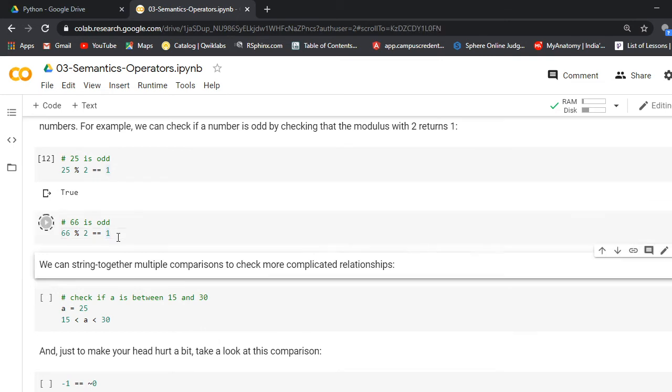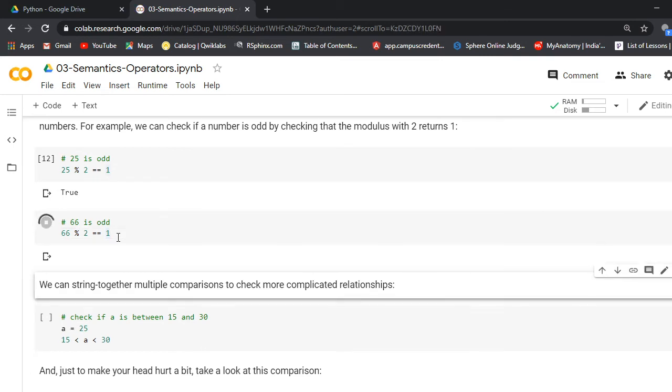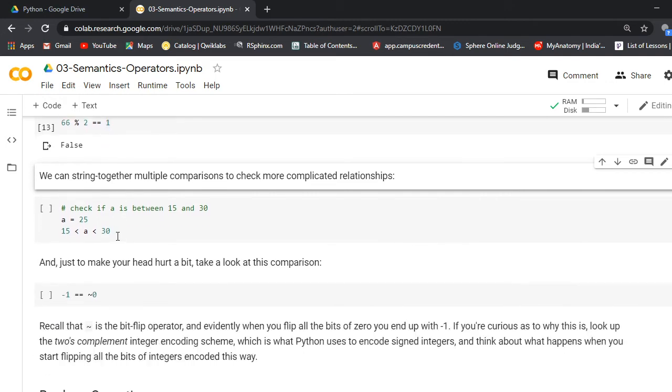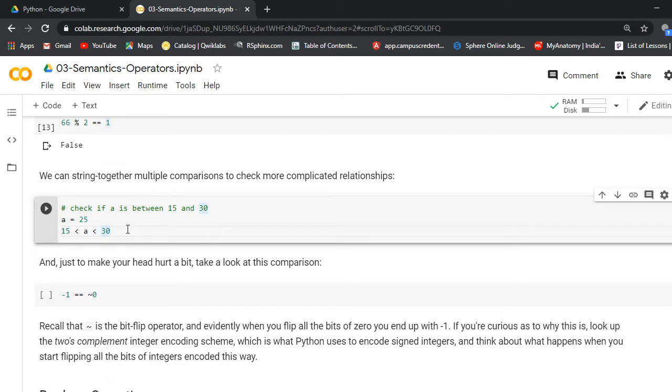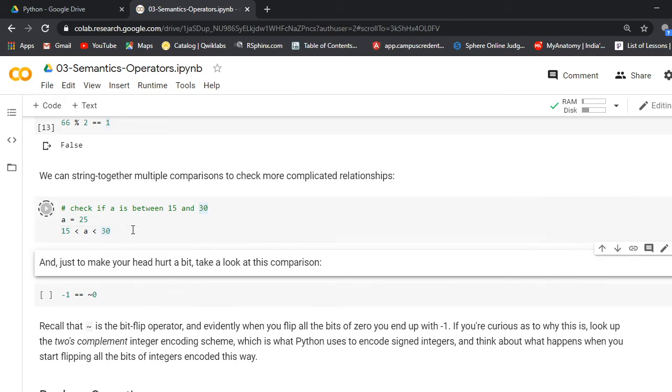If you want to check this, it will be false, like this. If you want to check the condition a equal to 25, then a is greater than 15 and less than 30, so it will print true.